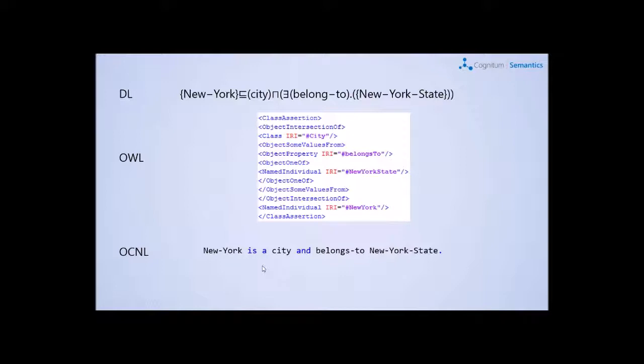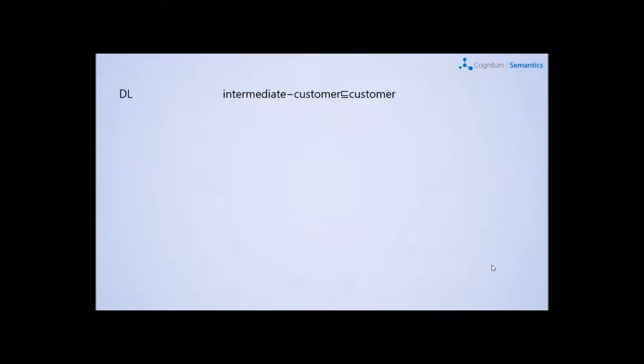the blue elements are the keywords, and the dashes are used to make complex sentences, concepts or instances. So I think it's interesting to see the difference between the mathematical part, going through the XML representation, and the CNL. Then here it's possible to see another example of concept subsumption, in which we say that